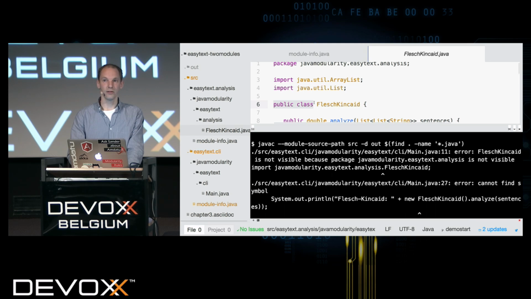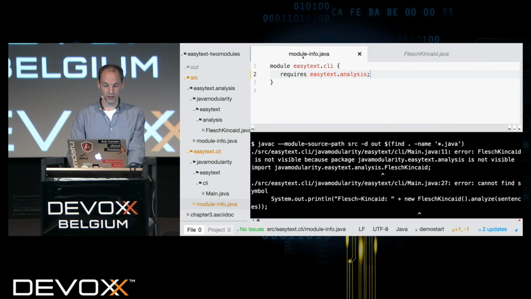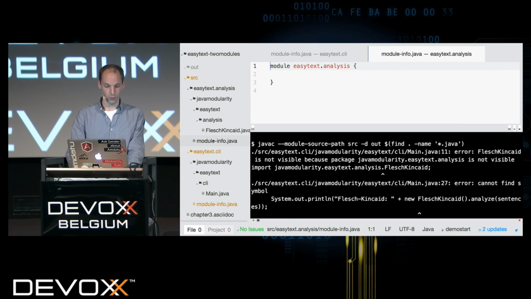Just let this sink in, right? We have a public class, which is just in a package, but we cannot use it unless we explicitly export it. So that means we need to be really careful about what is the API of a module. What are we allowing for outside use, and what are we only allowing for internal use in a module? Now in this case, we know that we want to expose this FlashKK class, so we're going to say exports